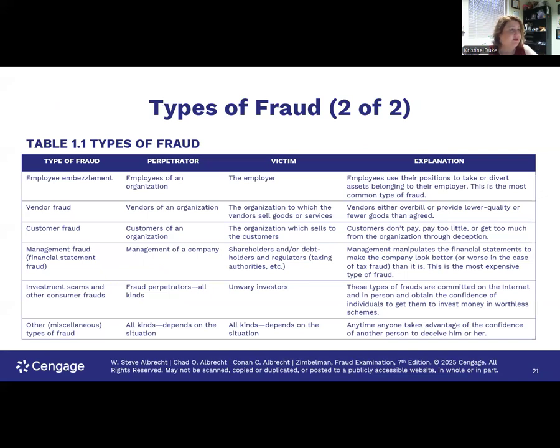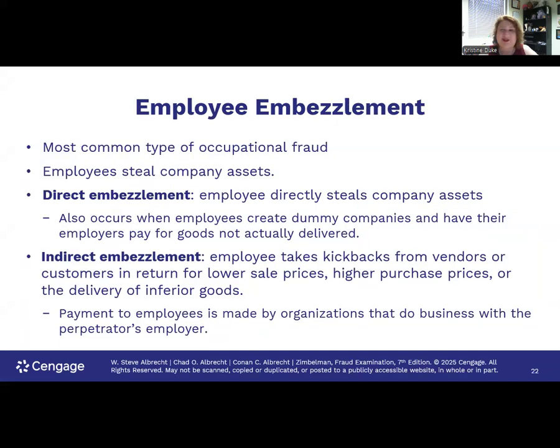Okay, so here's types of frauds, and you guys can read that on your own. I don't have to read that to you. Pretty self-explanatory. Employee embezzlement. Make sure you have your policies and procedures in place. Let's talk about the fraud triangle. So, what do we have on the fraud triangle? I've talked to you about this in financial accounting. So, you've got opportunity, you got pressure.